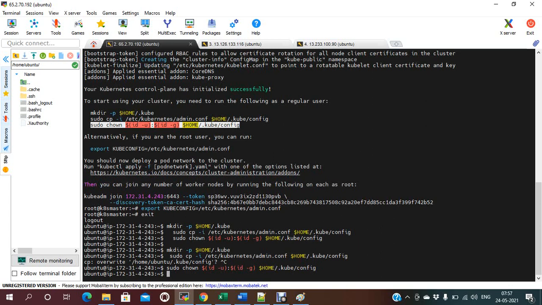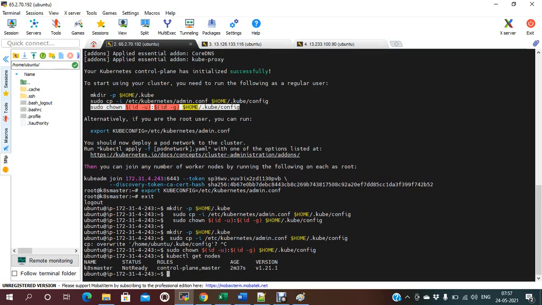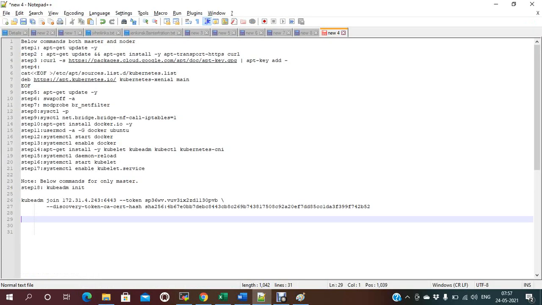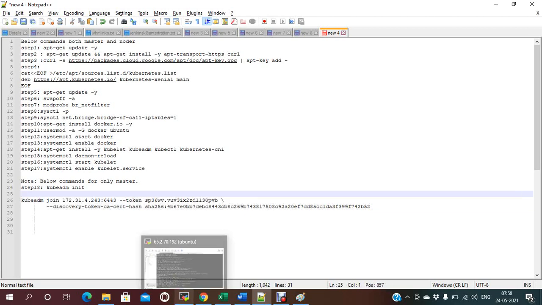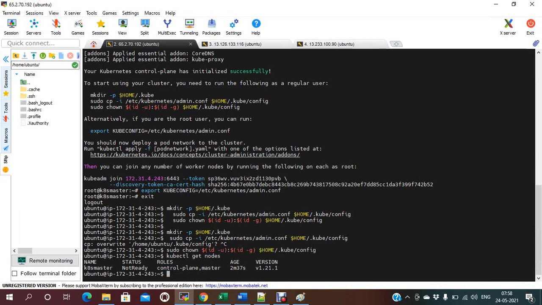Now if you give kubectl get nodes, you don't get any nodes, only master is there. Now you just need to add the nodes to the master. For that you need to run this command, kubeadm join, and you just need to add this key. Go to the node.